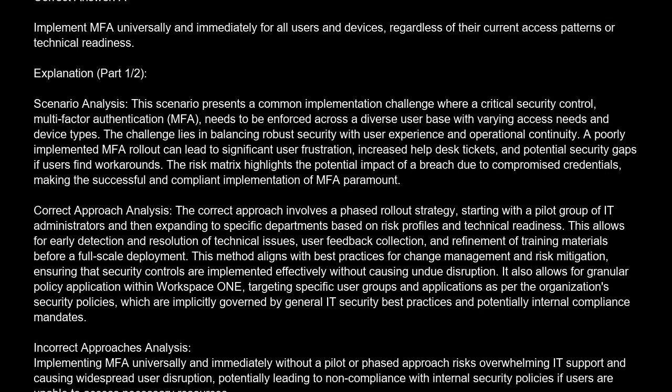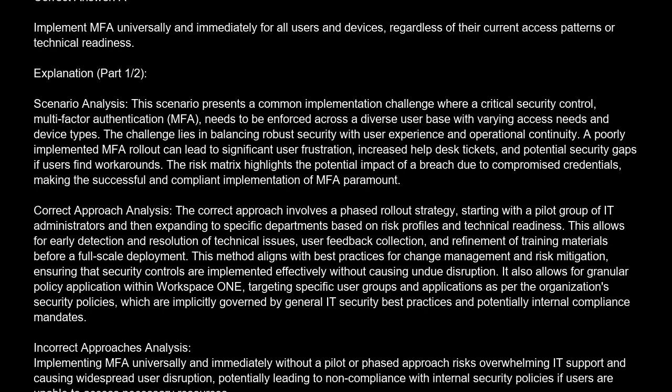The correct answer is A. Implement MFA universally and immediately for all users and devices, regardless of their current access patterns or technical readiness. Explanation. Scenario analysis. This scenario presents a common implementation challenge where a critical security control, multi-factor authentication, MFA, needs to